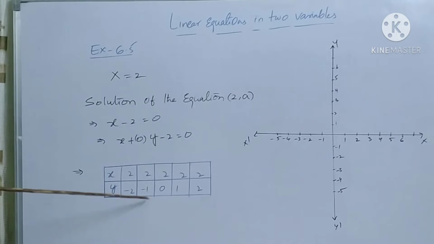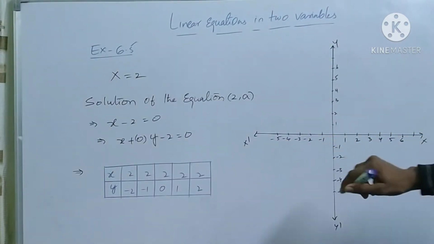This is also true for y is equal to minus 1, x is equal to 2. The result gives us 2. And for y is equal to 0, x is also 2, so the result also gives us 2. So LHS is equal to RHS. For any value of y, we take the constant term x is equal to 2. So plot these points on the graph.